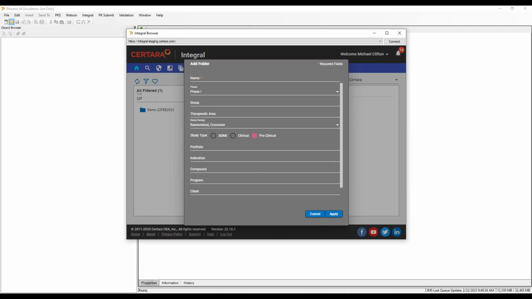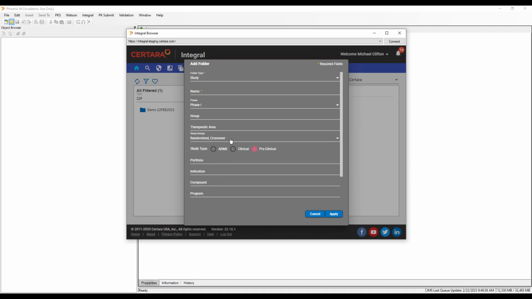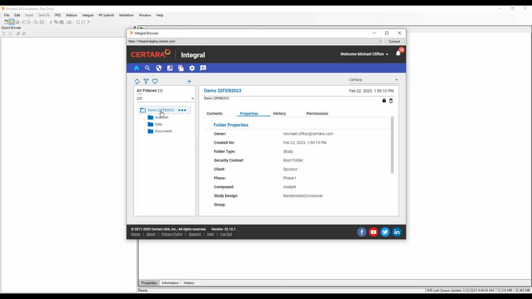And all of this is also configurable, especially if you're creating your own version of this particular study folder. This is kind of an out-of-the-box study folder that'll be provided to anyone who has access to Integral. So once you have all of your metadata entered, you would click Apply, and then you would create this study folder, right? So you can see here, you have all the information, all the metadata captured for your study